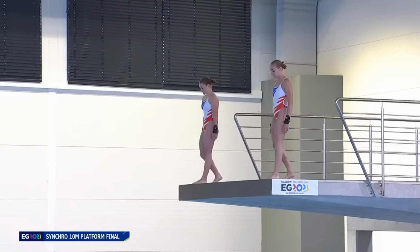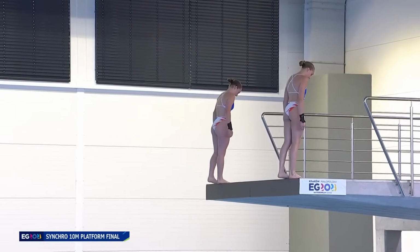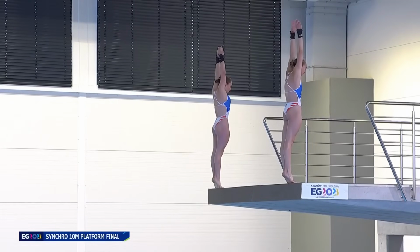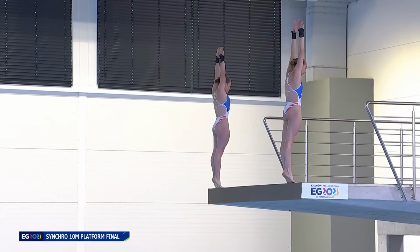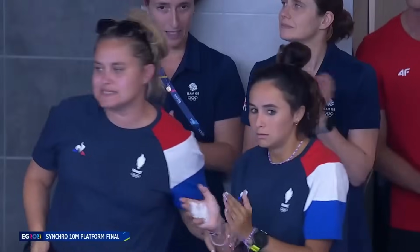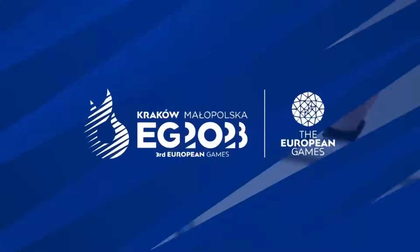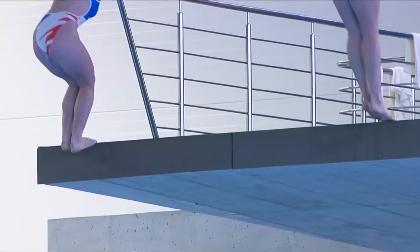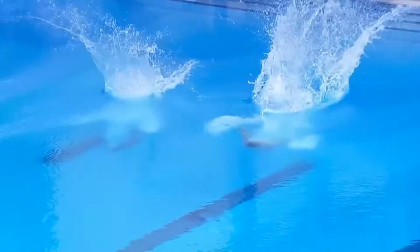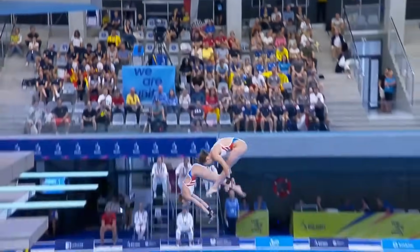Team France now, the same dive. By Team France. First of all, they took off at different distance from the platform. They spin at complete different speed, and you see here Jade goes way too far over,